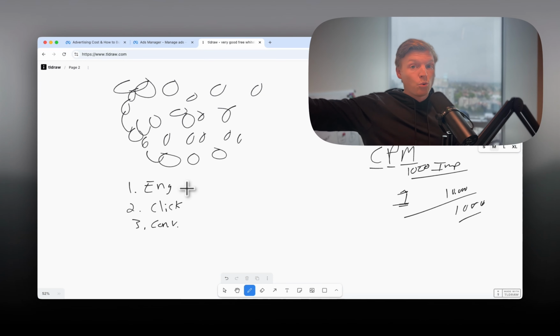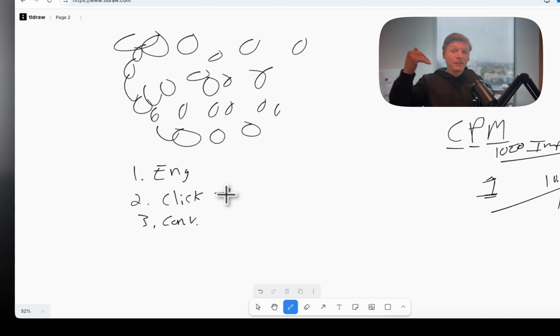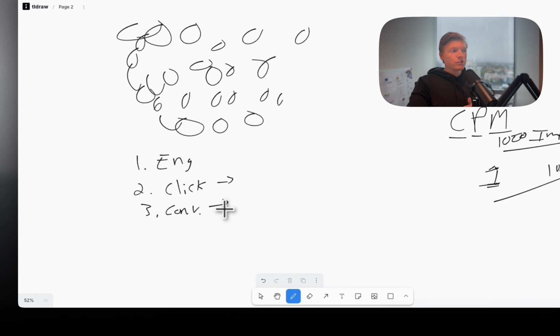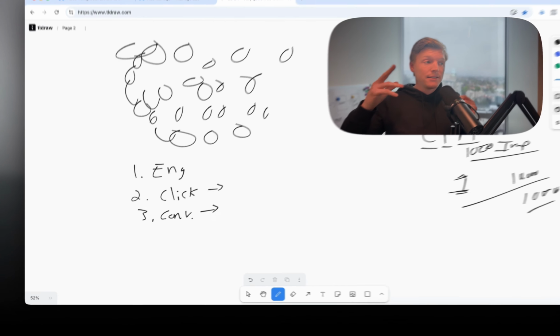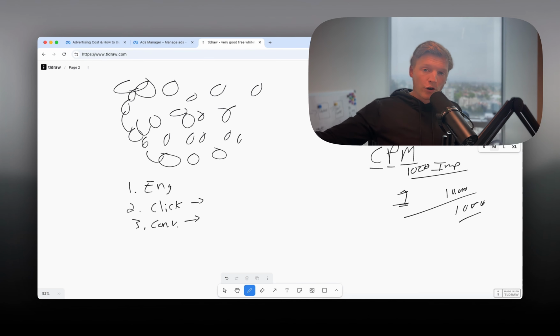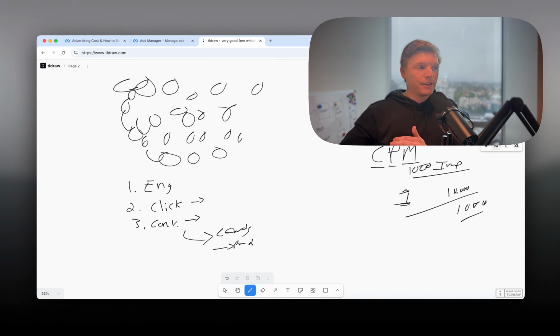Leaving the platform, clicking away, going to websites. Clickers, they have a history on the platform of clicking stuff. Maybe not ads included, but clicking links, clicking ads, clicking and leaving the platform. Those are clickers. Converters, these are the people that have a history and, to use Facebook's term, are more likely to convert. They are more likely to leave the platform and opt in as leads, or buy stuff, purchases, okay? They're likely to convert on things.